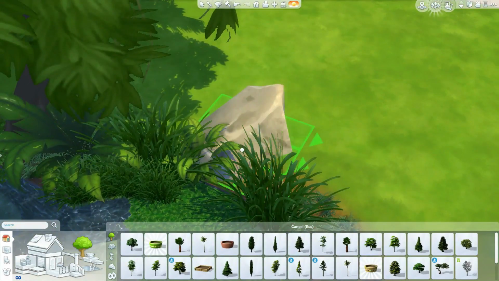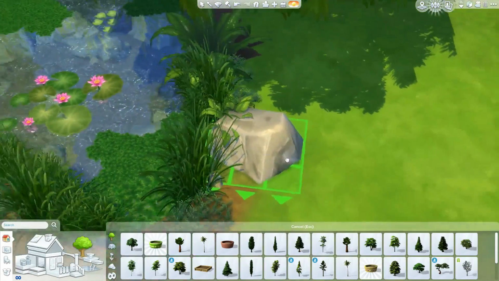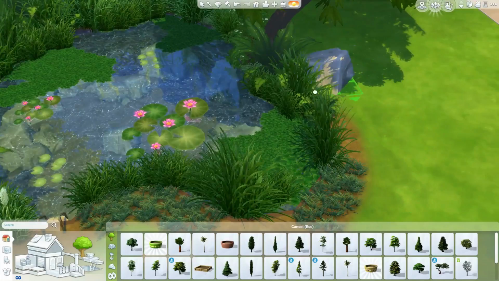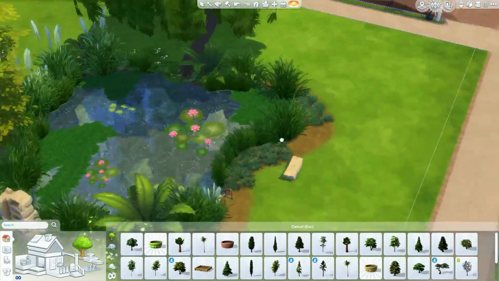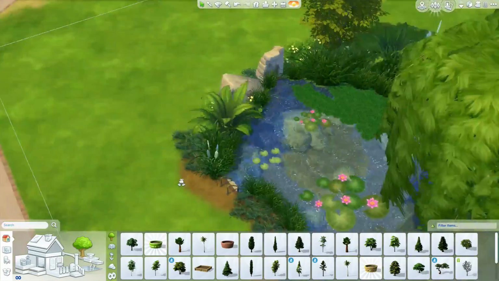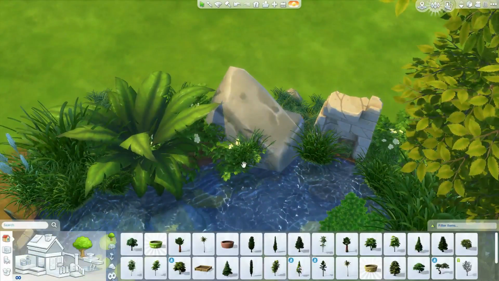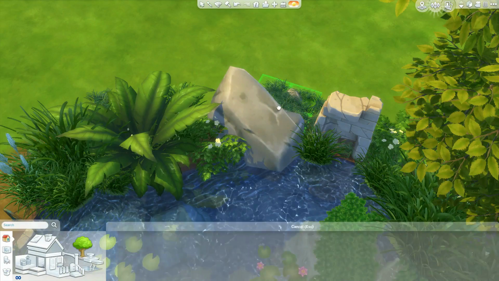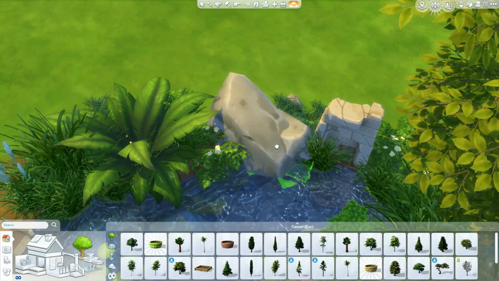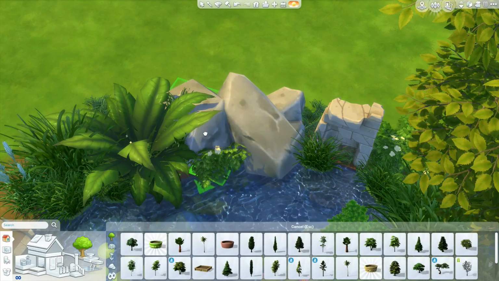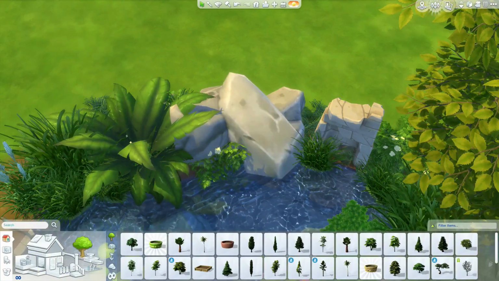What you do is you take a few rocks, right, and you enlarge them. In this case, let's put them right... Where would be the most logical place for these to be? Right here. Let's get rid of this plant. This is how you see some people make these fountains. So we'll have some more of these. Place them down. And what you do then